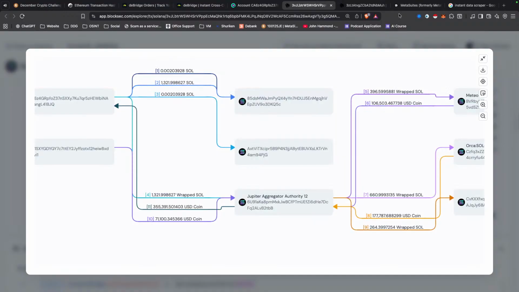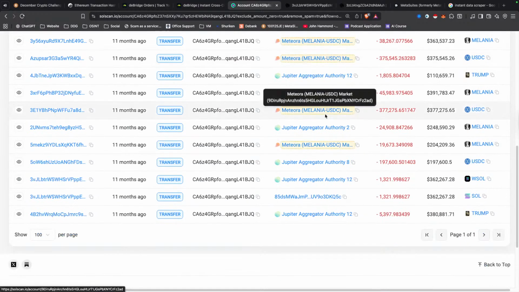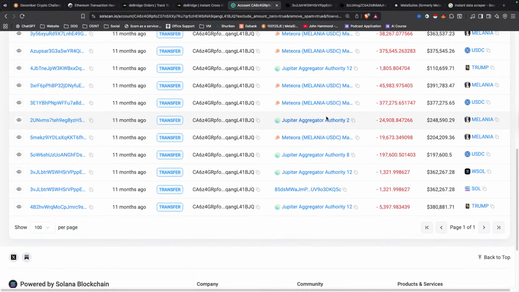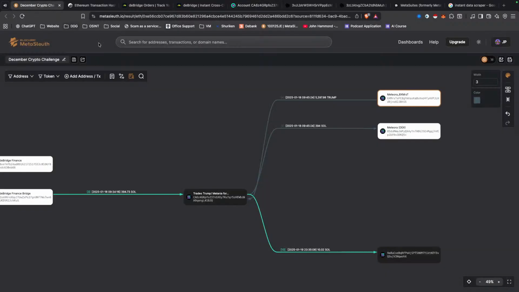So we're looking for transfers rather than a swap, and this looks like the only big transfer out right now. And I know this because I've already done the case, right? But this is the address where these assets go to next. Okay, so we would add this into our chart.